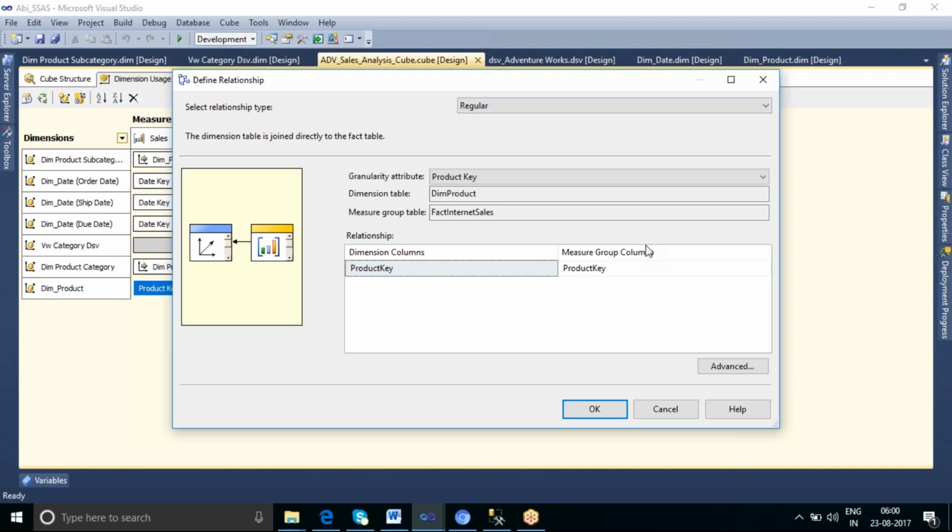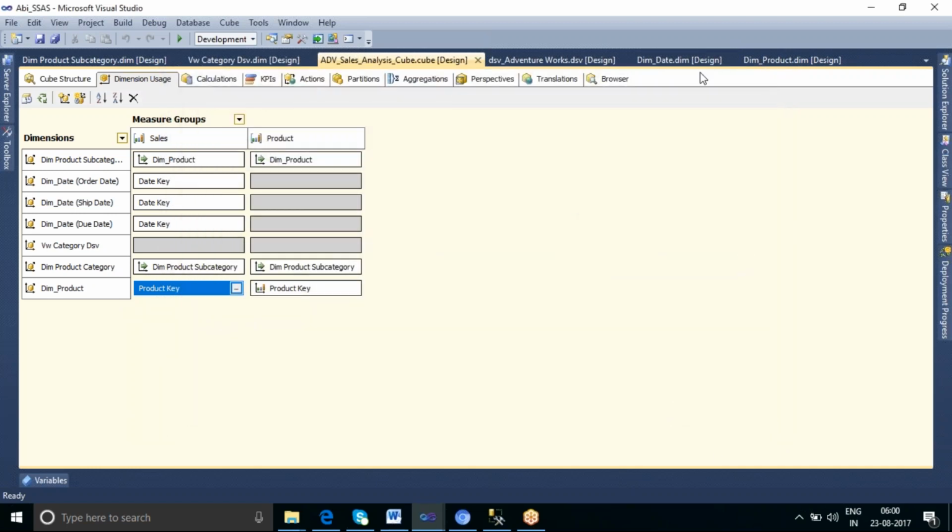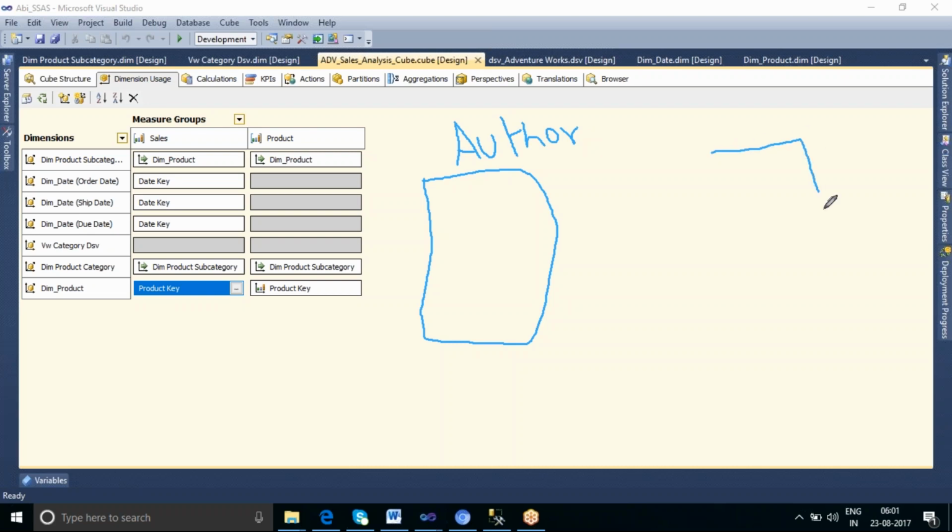Let me show you an example. Suppose I have one table, which is called the authors table, and I have some books table.